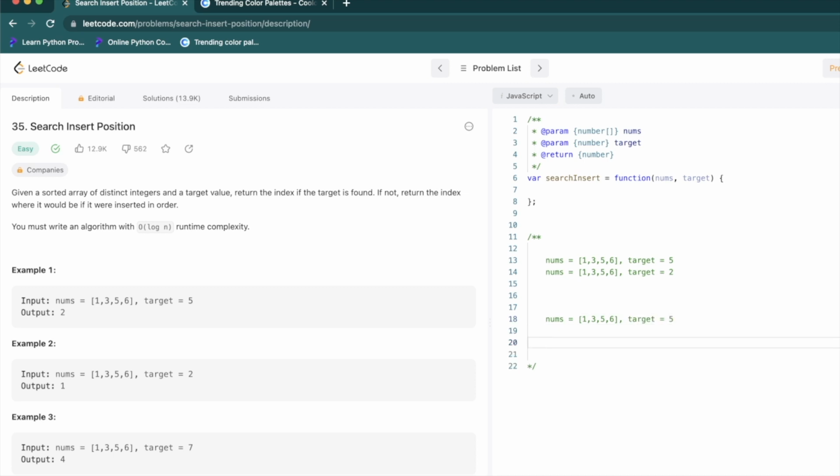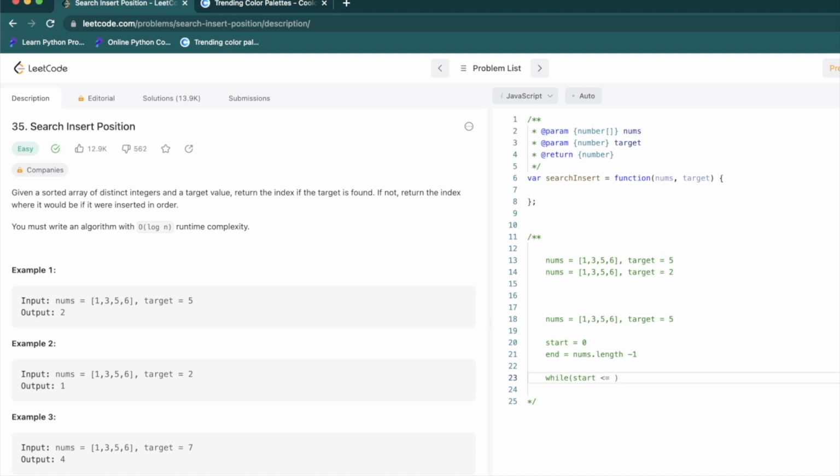Now I'm going to start off with my start index as 0 and my end index as nums.length minus 1. So first, my start index is pointing to the first element of the array. My end index is pointing to the last most element of the array. Okay, and then I'm going to have my while loop running. So this is continuously going to run